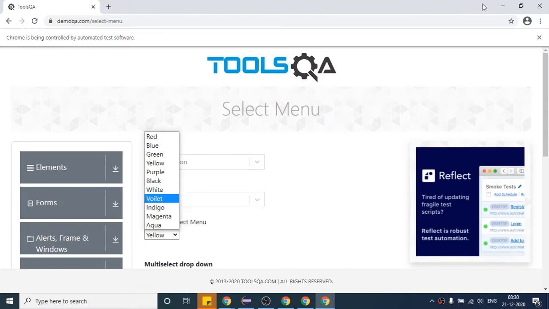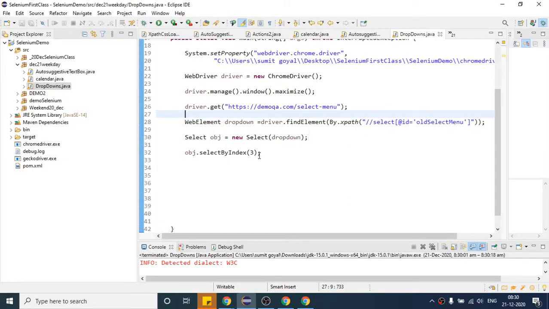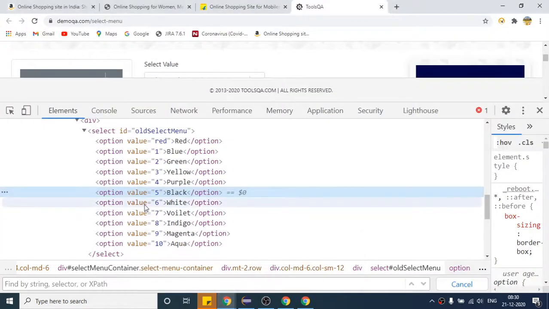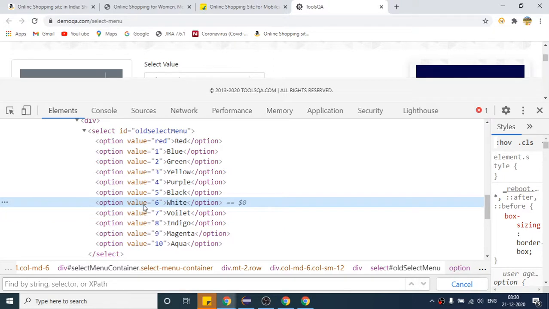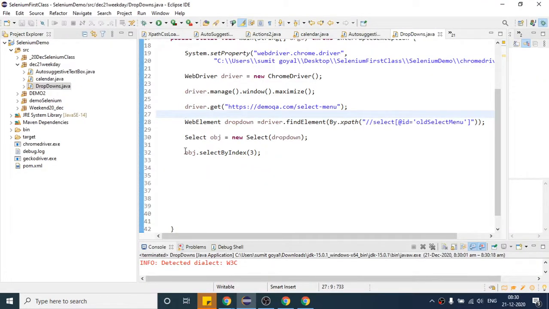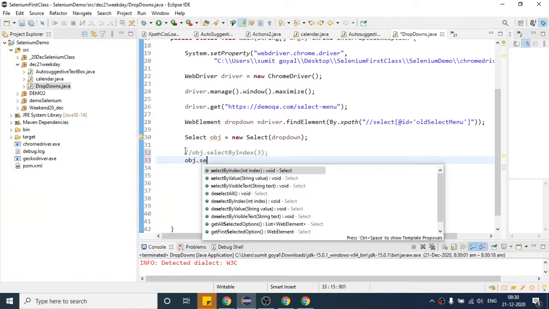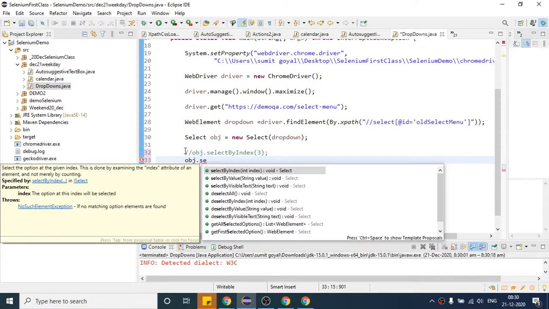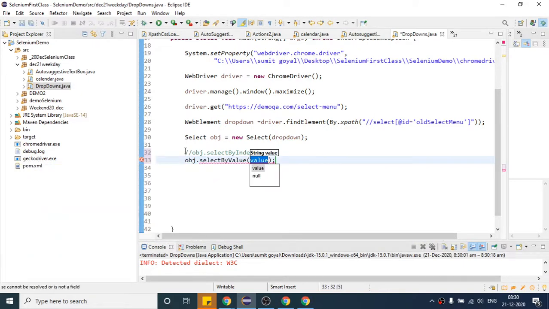So you can pass an index number if you want, and you can pass a value as well. If you see, there is some value given, so value equals 6. If I pass this value, then it will select white. So if I comment this, I write obj dot select by value, right? You have to pass the value, so pass this 6, in double quotes.